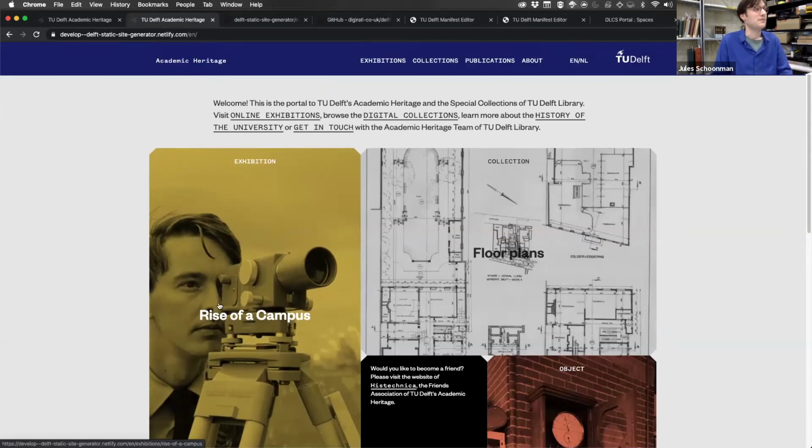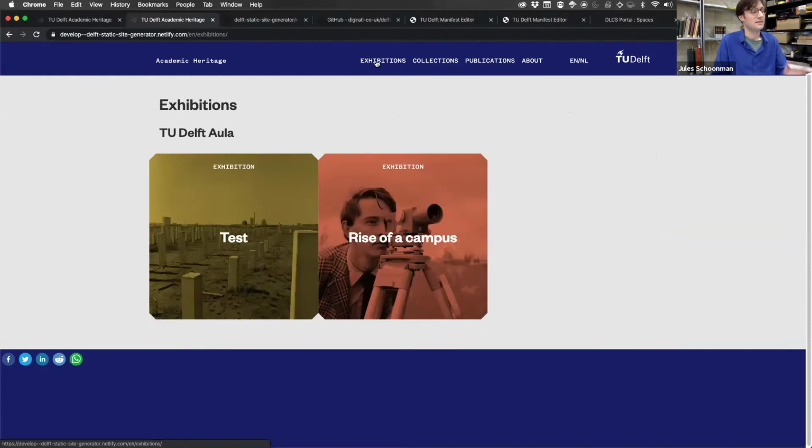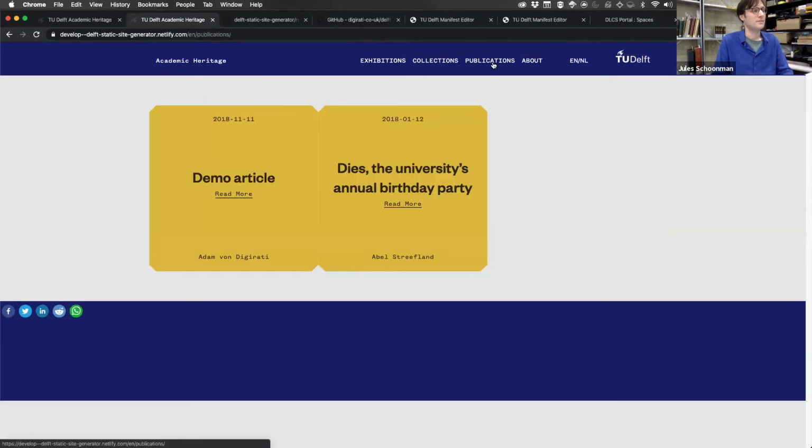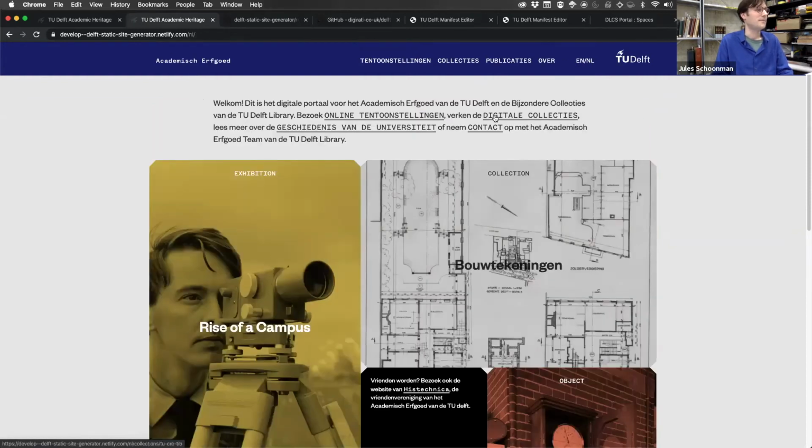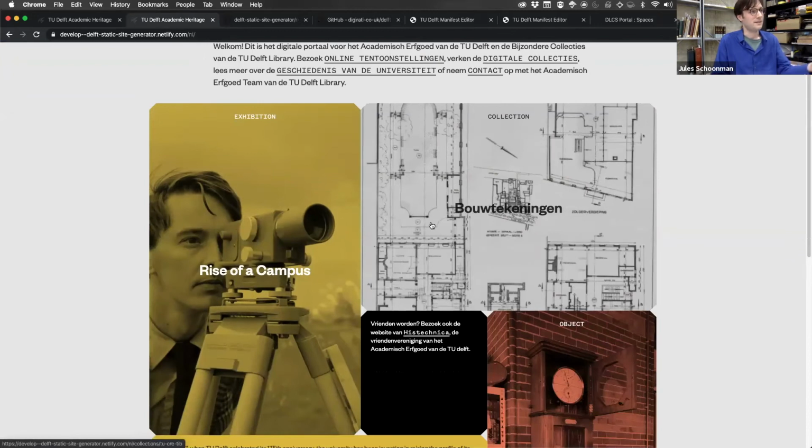What does the website do? It gives you an overview of exhibitions. It's still beta, so there's some test material here. There's an overview of exhibitions, there's an overview of collections, there's a third part which is more in-depth publications, there's more in Dutch, and an about page. And on the front website, you can actually link to